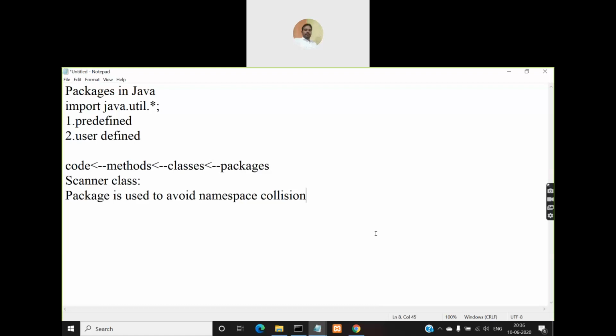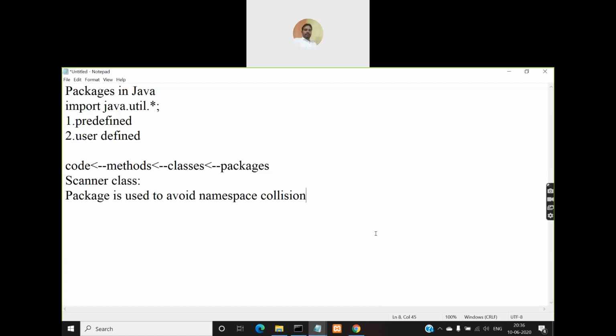Because of the namespace collision only, your Windows operating system will ask you whether you want to replace the existing file and create a new file with this name. So the old one will be lost and the new one will be available. Or it will suggest you create a file with a different name instead of the same name. But we don't want to create it with a different name because we want to create it as per our requirement with the same name. Then the solution is, instead of saving this file in this folder, you save it in a different folder, right? So that is how you can avoid this namespace collision problem.